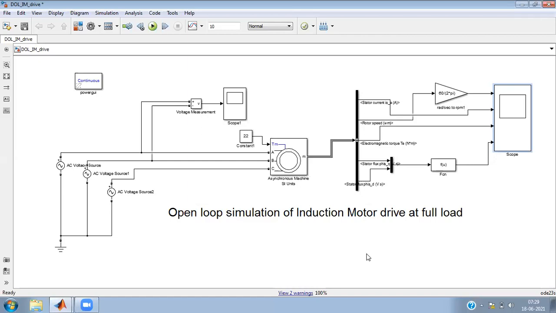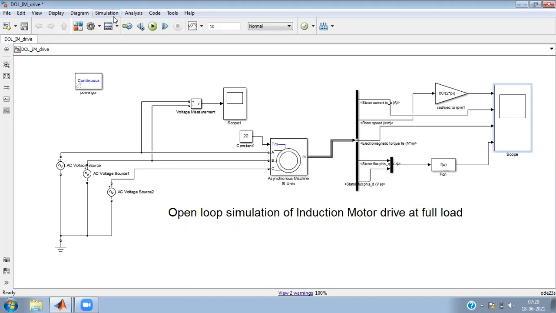Now all experimentation you can do in this open loop model also. If you are a student learning the speed control of induction motor, you can just vary the stator voltage and see the effect. You can vary the load and see the effect. Instead of having constant load, you can apply fan type of load also. I'm planning to post different simulations on that also. But this is the first simulation, which is just showing you a basic simulation of an induction motor under rated conditions. You can vary frequency also over here and see the effect. You can have a V by F control also over here. So all different variations are possible just by setting up and simulating this basic model, right?